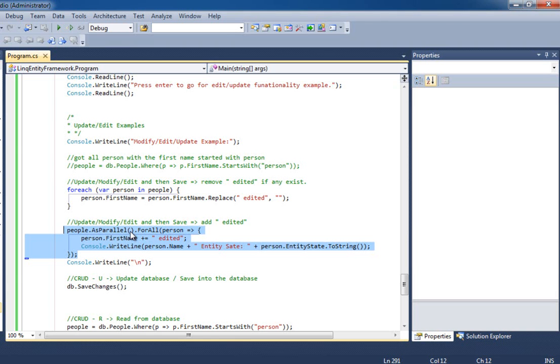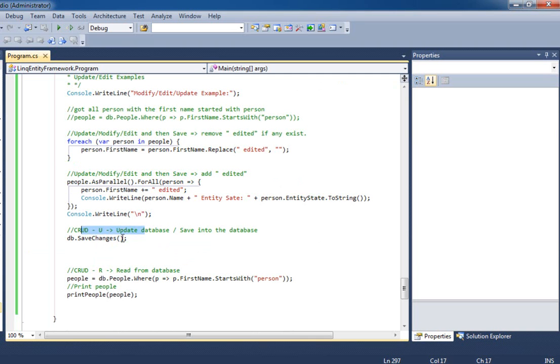So here I am again doing my save, and when I do the save, it always remembers what I have done through my examples, and then goes to my database and saves the changes or deletes, whatever I have done. It will run the SQL query behind the scenes. So if I run my program again,